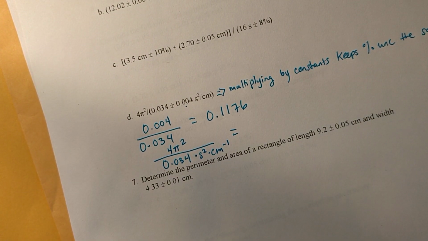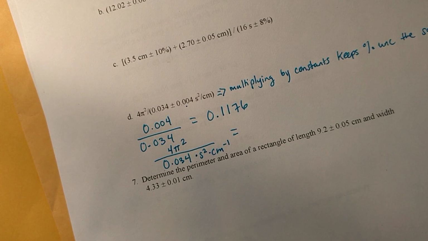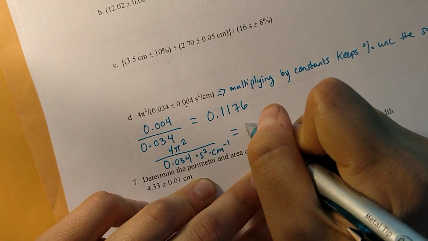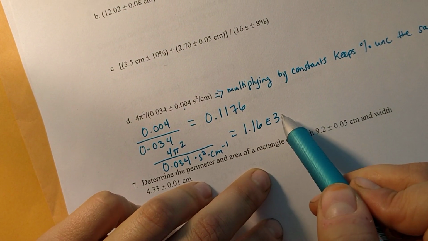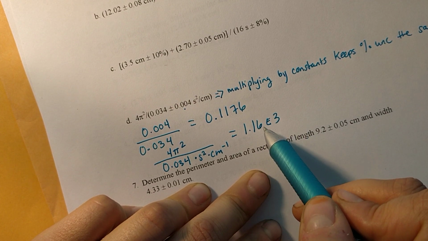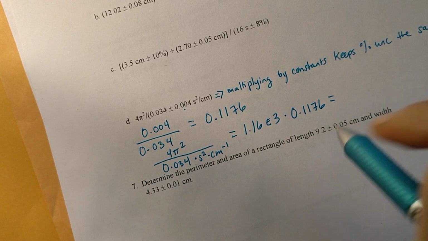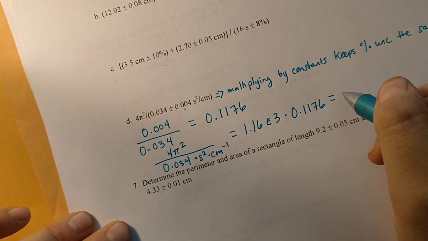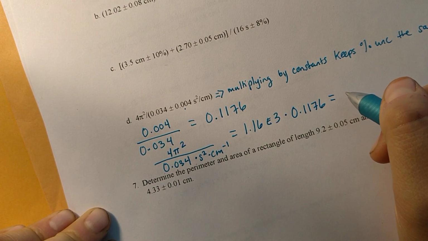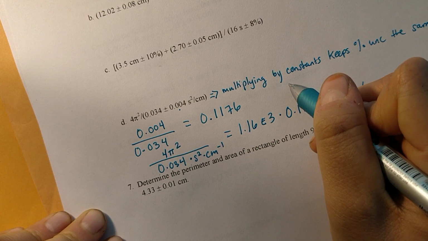So I'll do 4 times pi squared divided by 0.034, which gives me 1.16 E3, and 11.76% of this is uncertain, so I'll multiply this by 0.1176. Gives me an answer of 136.6. So my final answer becomes